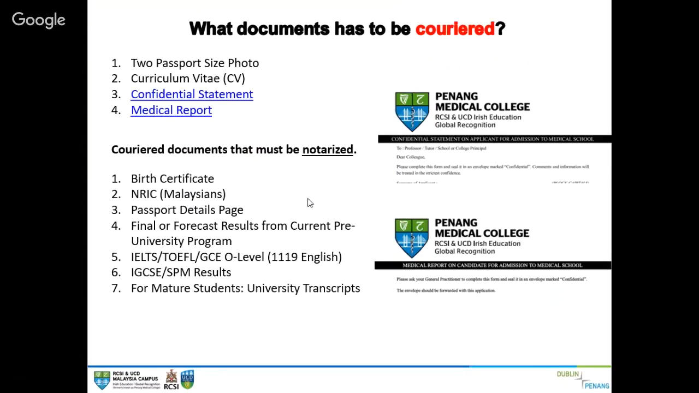Okay, just now we have talked about the documents that need to be uploaded in the system. We also need some documents to be couriered over to PMC, which is, you need to courier two passport size photos, the CV, the confidential statement, medical report, and